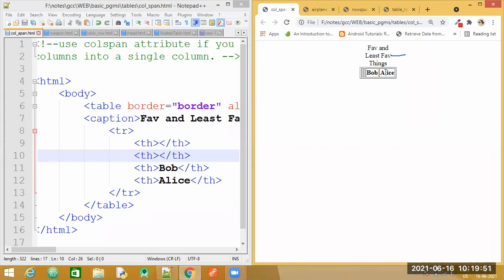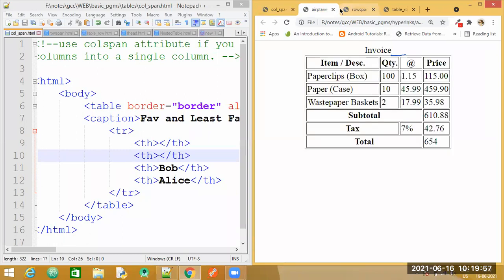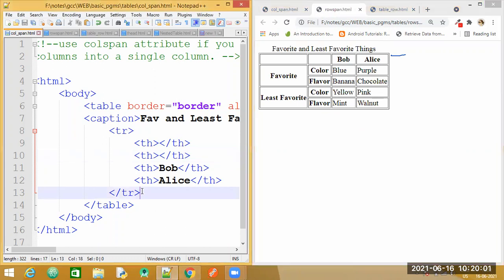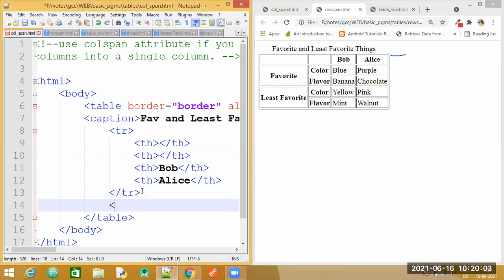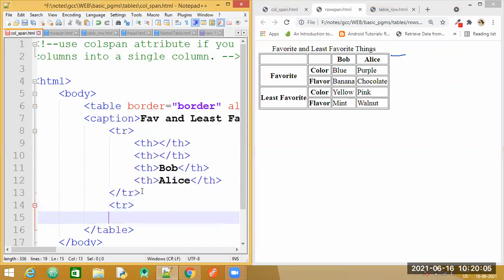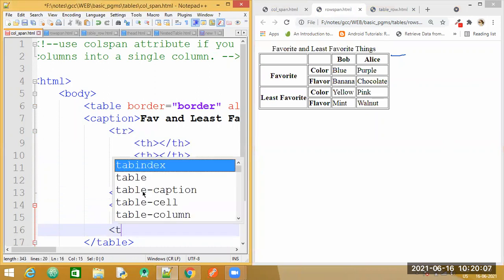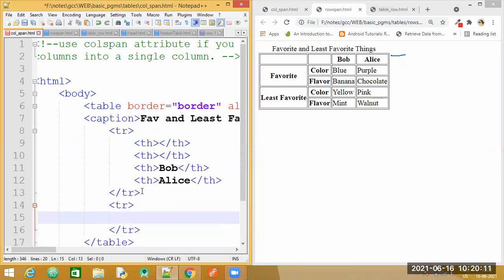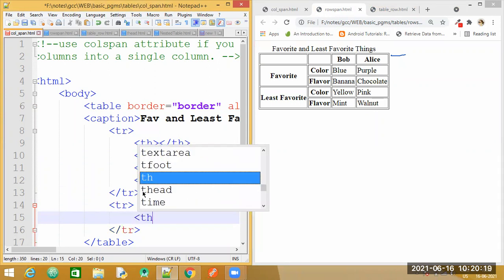Okay, so this is how we are getting the first row. Now let us continue again. Let me close this. Let us have another row. So in the second row, my first cell is in bold, so I require a table heading.